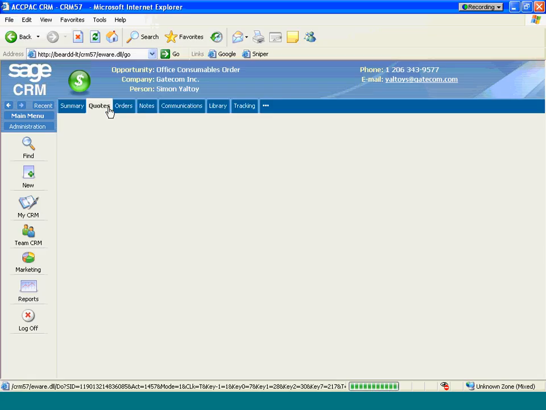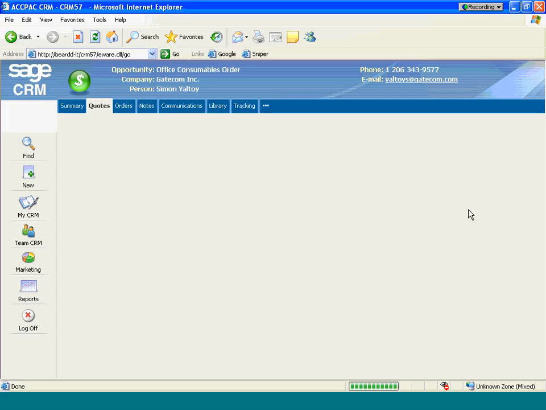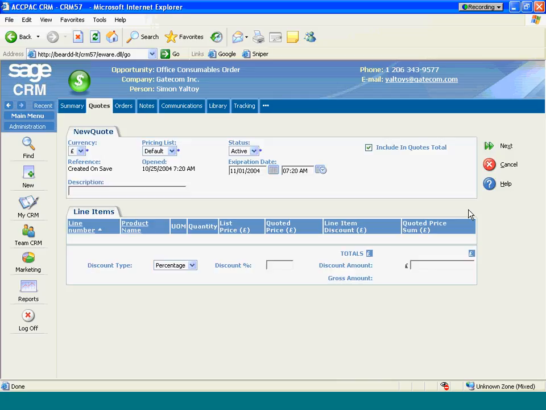If I click on the quotes, take you through a tour of this one. Let's create ourselves, first of all, a new quote. So this is putting together a particular quote. There could be one of many for a company here, and there could be various stages before they go to an order. Let's take a look at one of these now. I shall give it just a general description, Office Consumables, such as this. And then I will go to the next stage now, and you'll see down at the bottom of the screen,